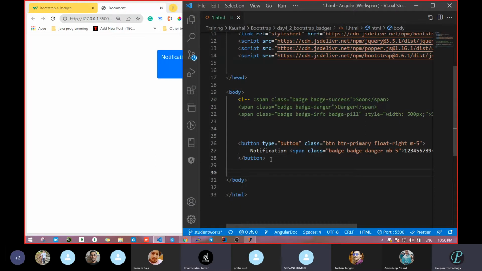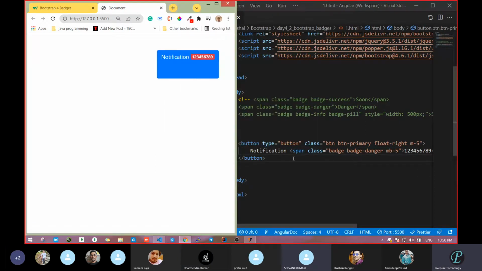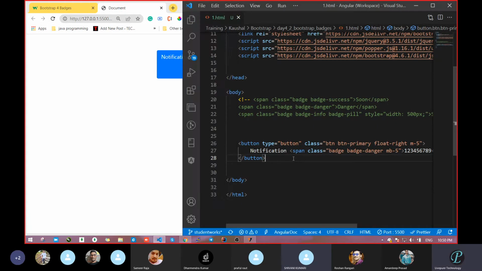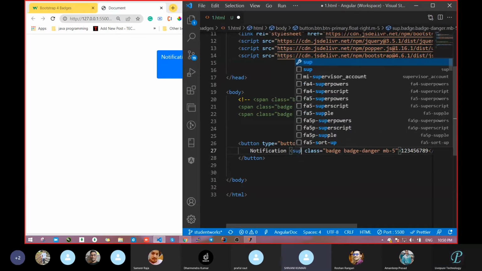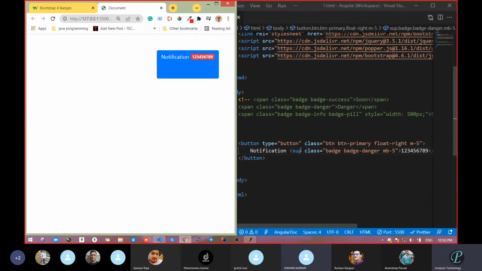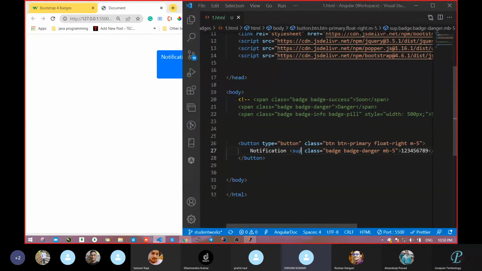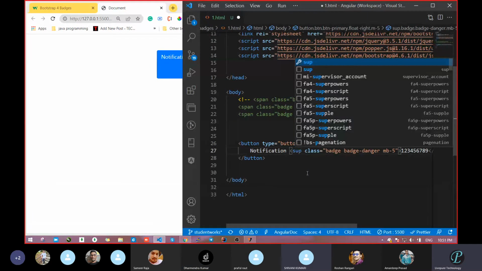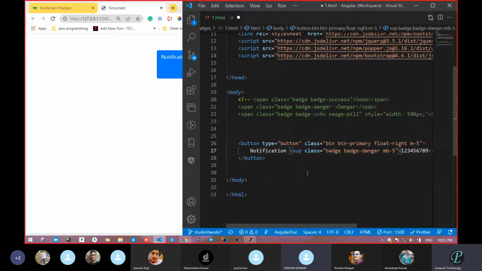Otherwise, if you do not want that, use superscript, sir. Okay, superscript type, one second. Then you can use the superscript itself and pass the class badges also. What was that tag for that? SUB, I think. SUB. Class badge, SUP or what? SUP, sir. I taken the SUP tag itself.